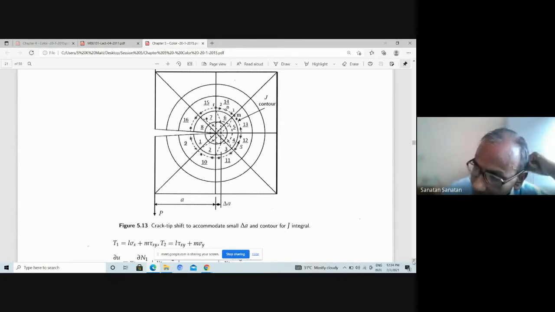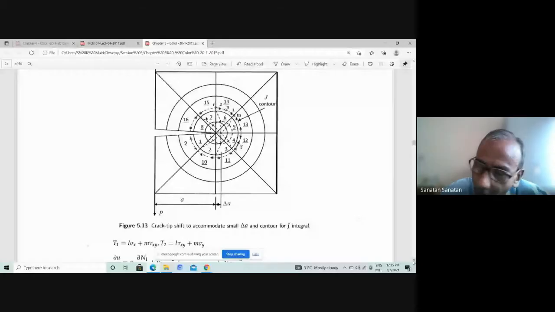So therefore, you see the value of these stresses and strain for this segment. In this case, each span is about 45 degrees, and therefore a 22.5 degree span is going to be represented by values of the stresses and strain at one point. So I can evaluate w dy minus Ti delta Ui delta x ds over each span, and then take the value of that integrand, and that will give me a value. So let's say that is the value J subscript 1.